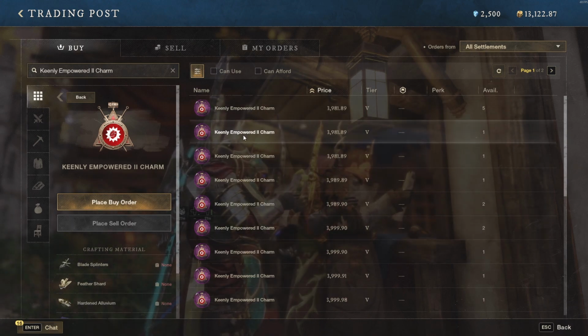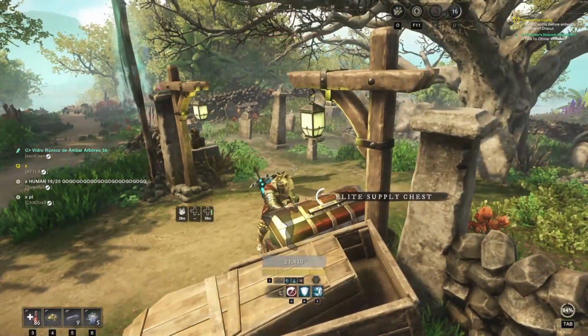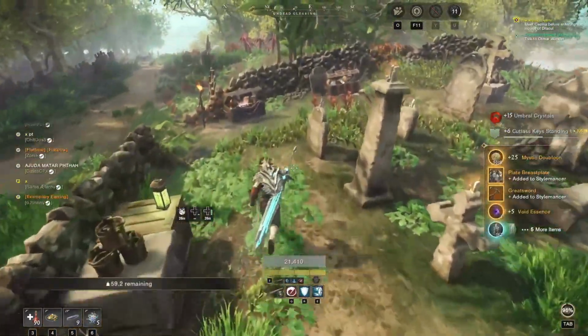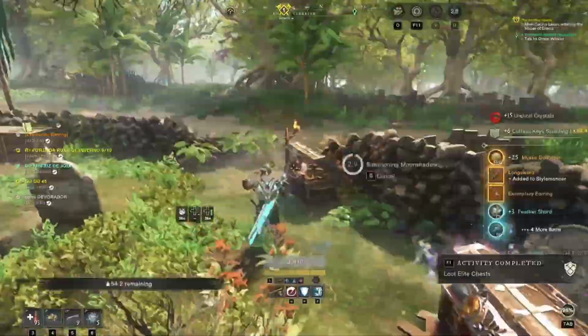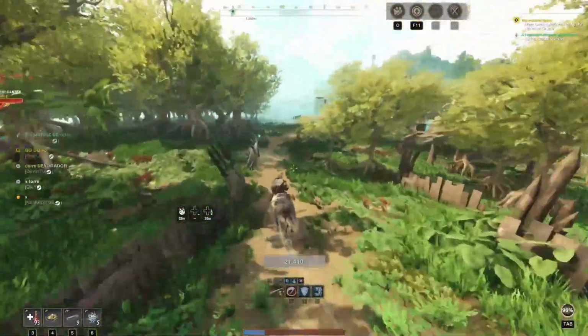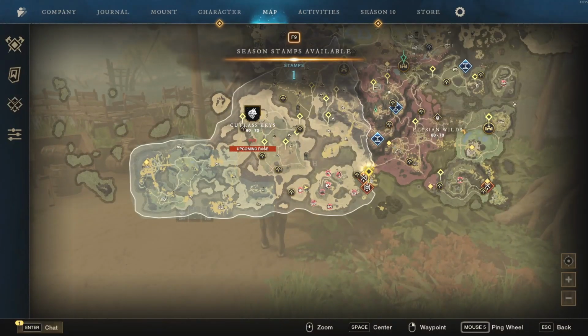And speaking of charms, doing chest runs is absolutely a great way of getting gold too. Not only are you going to get a lot of resources that you can sell in the trading post, but you also can drop a lot of these charms while also gearing up yourself. Getting the doubloons from this particular run right here in Cutlass Keys is also